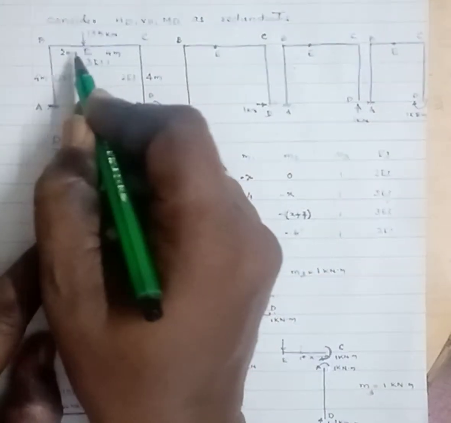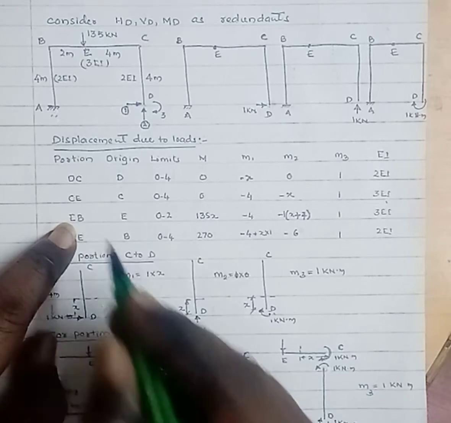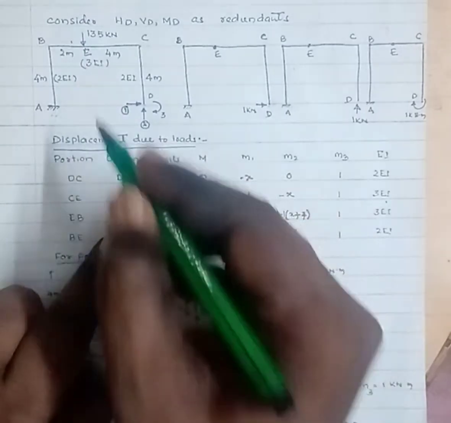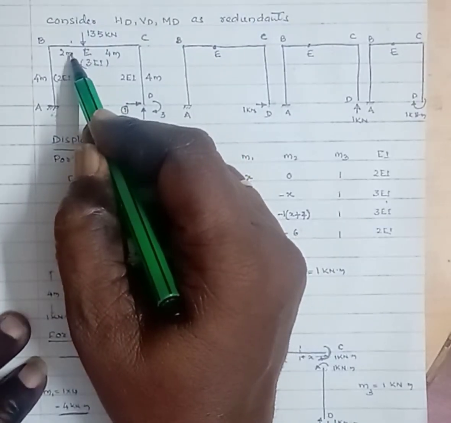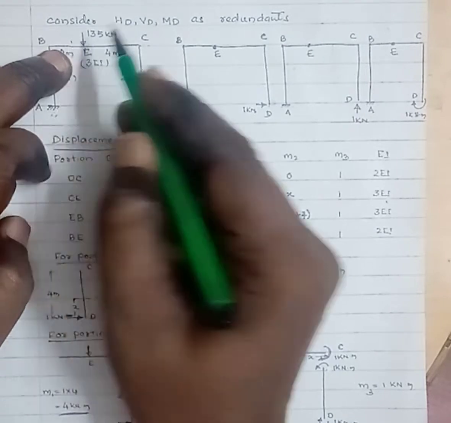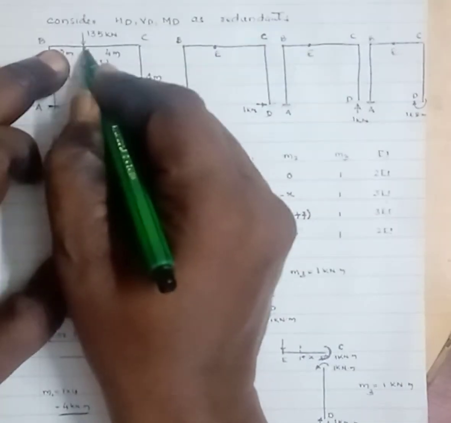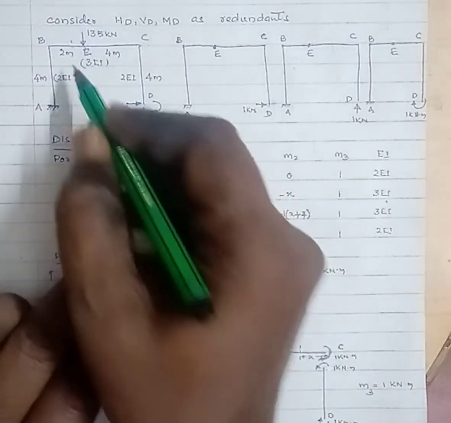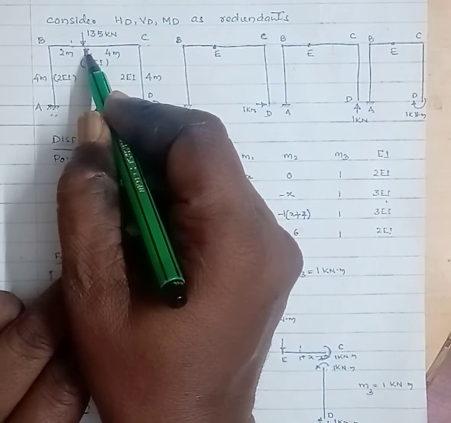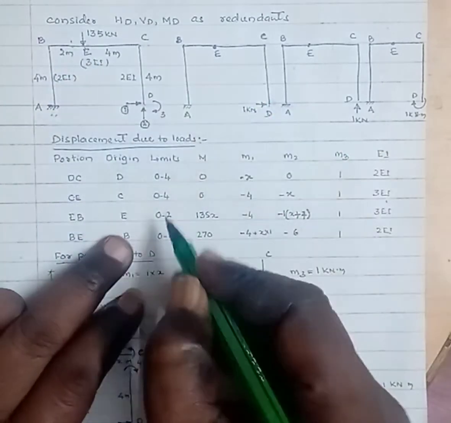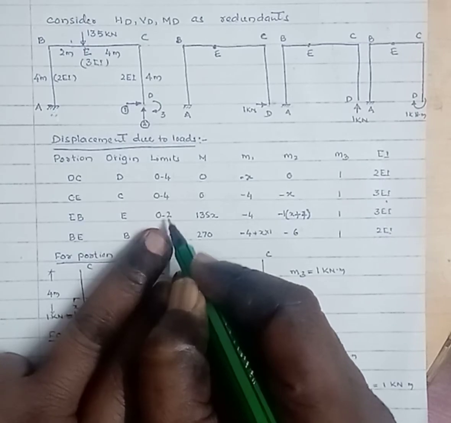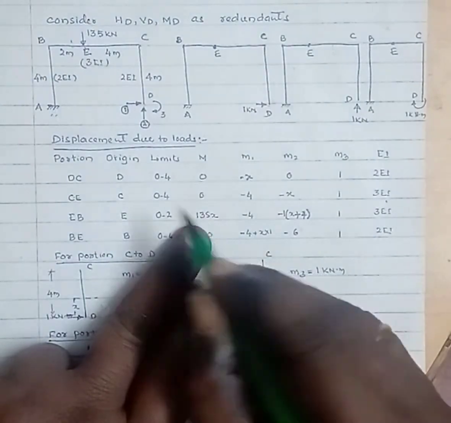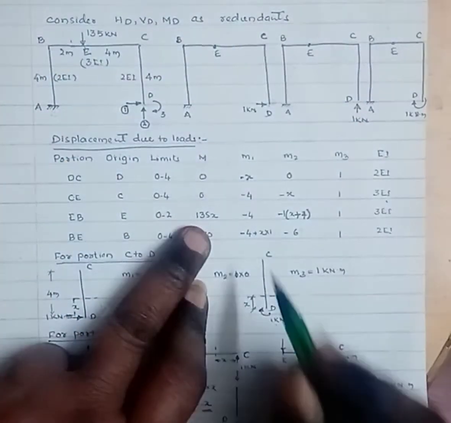Then coming to the next portion, E to B, in the horizontal member E to B, E as the origin, consider a section at a distance of x from E, then the bending moment due to the applied load is 135 into the perpendicular distance x, 135 into x. The x is the variable, x varies from 0 at E to maximum at B, that is the lower limit is 0, upper limit is 2, and the bending moment due to the applied load is 135 into x, that one is in clockwise direction.